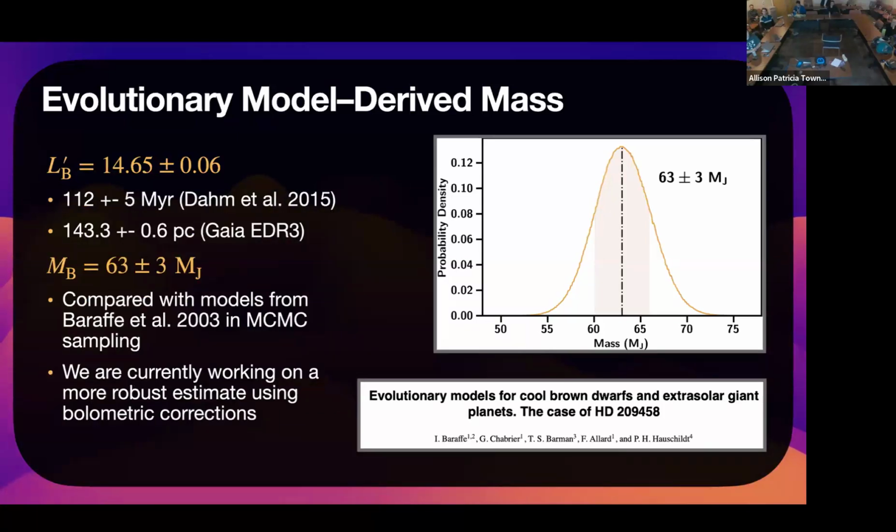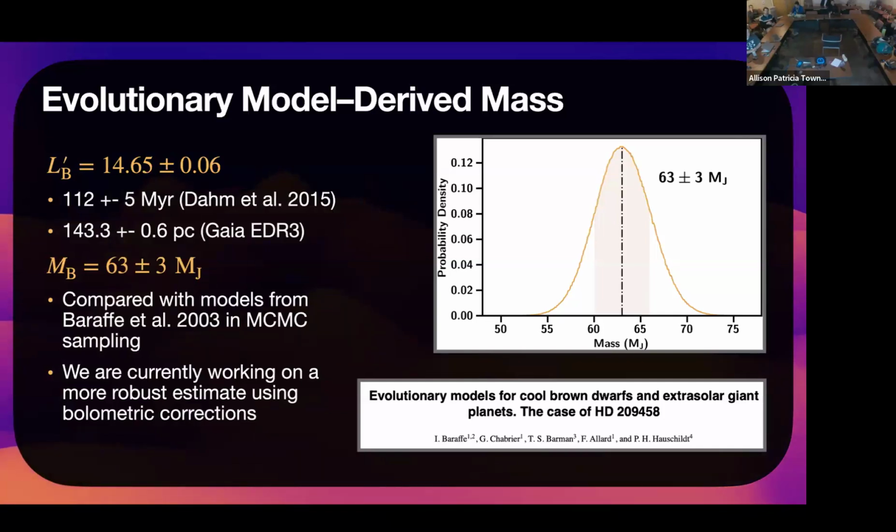These models will differ in the internal energy that they assume these objects to begin with. And they will also evolve slightly differently, according to the mass of the companion. We'd expect more massive brown dwarfs and planets to cool more slowly than the less massive ones. And we estimate the mass at about 63